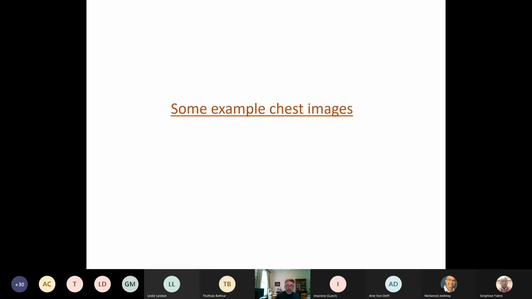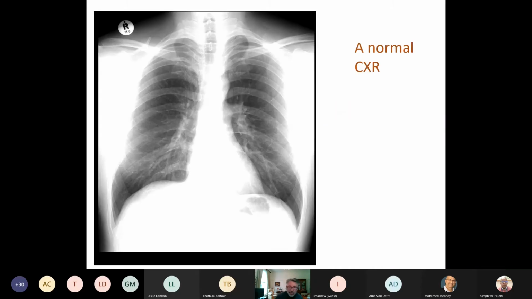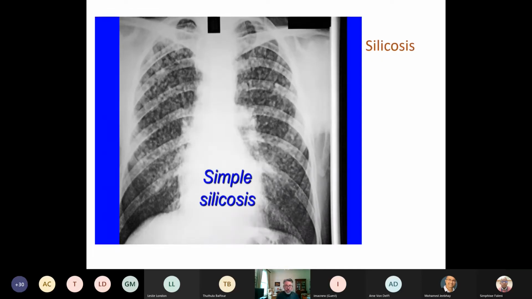I think it's important to understand the visual phenomena that we're dealing with. And I'm going to present very quickly some chest X-ray images just to give you an idea of the problem. That's what a normal chest X-ray should look like. You've got the heart in the middle, for those not clinically inclined. You've got the blood vessels coming out in the center, but mainly it's air. Air is black, and what you're seeing, the fluffy little bits, are blood vessels mainly.